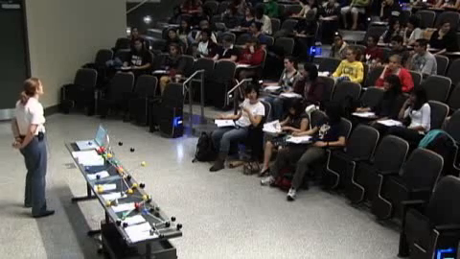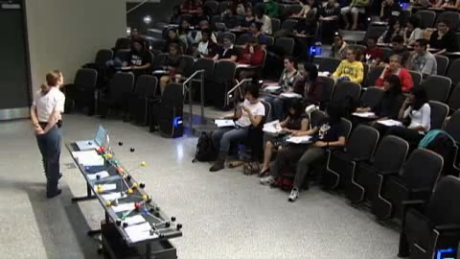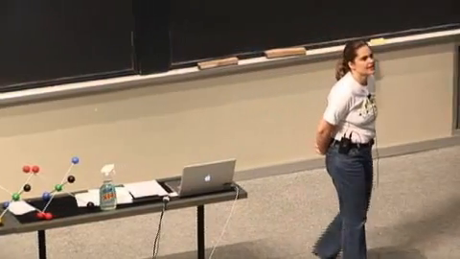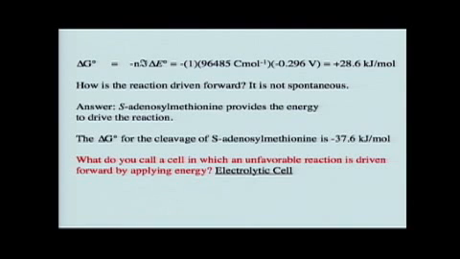Two types of cells we mentioned. One has a favorable, spontaneous reaction. A cell that has a spontaneous reaction is called what? Galvanic. And the other kind is called? Yeah, electrolytic cell. So this is sort of the biological equivalent of an electrolytic cell, where you have S-adenosylmethionine